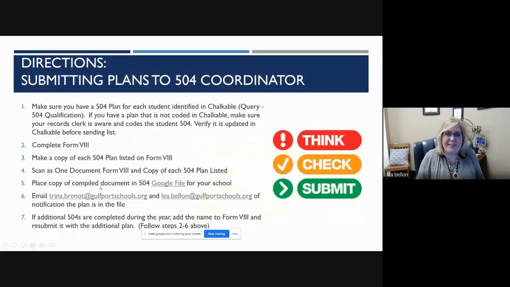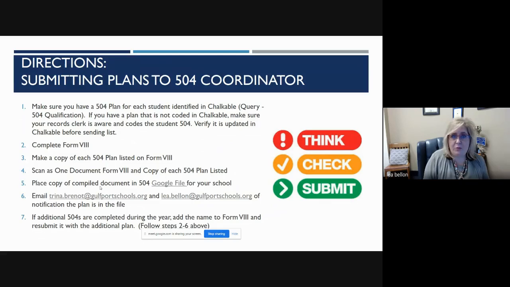Okay, so to submit plans to me, we've done it many ways in the past, but this is the easiest way to keep up with the paperwork in an organized manner. I know you're going to have 504s throughout the year, but if you follow these steps, then we won't miss a single file. But before you send me anything, I want you to pull up Chalkable and do a